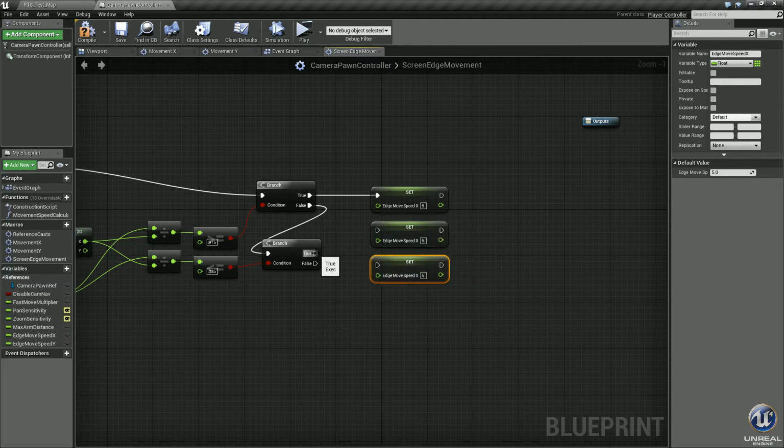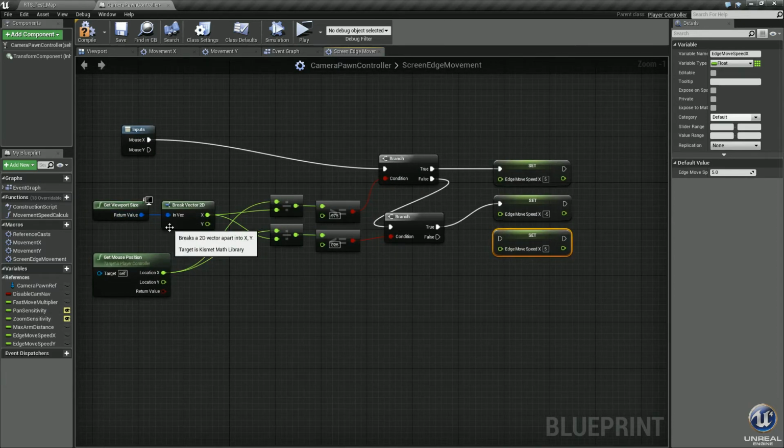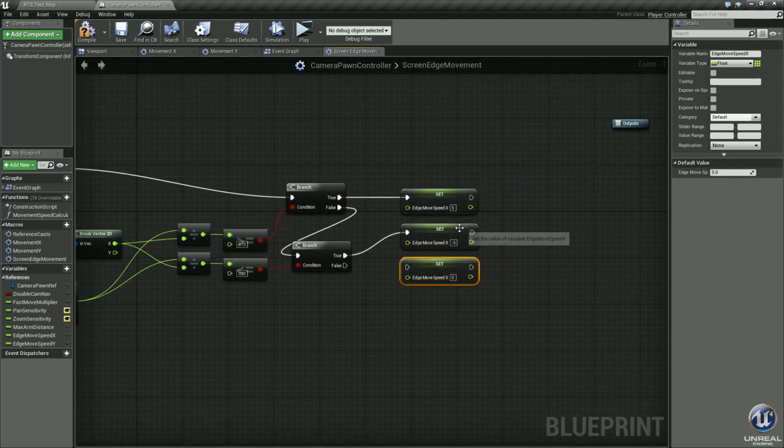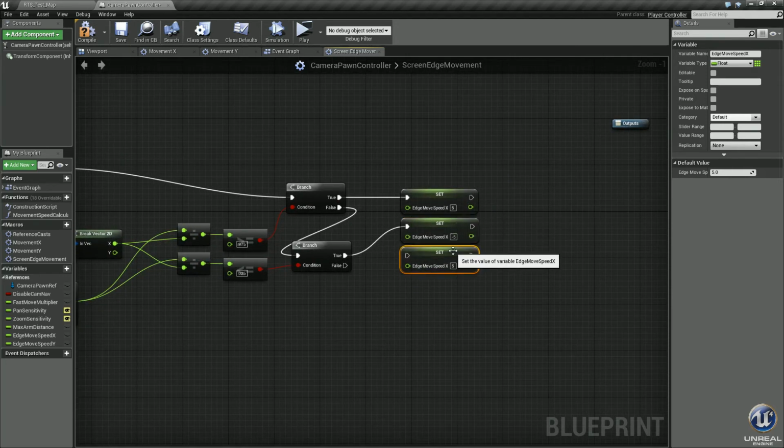Now, if this is true, in other words, we're on the small end of the screen, then we plug it into here, and we need to make this -5. The reason we're doing -5 is because the screen needs to move the other way, and that's what this is doing. As we move forward, we'll be setting these numbers negative. So left is negative, down is, I believe, negative, or maybe up is negative. I don't remember exactly how it goes, but that's why we set negative there.